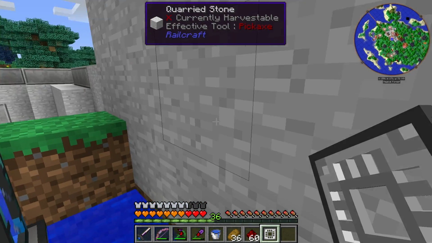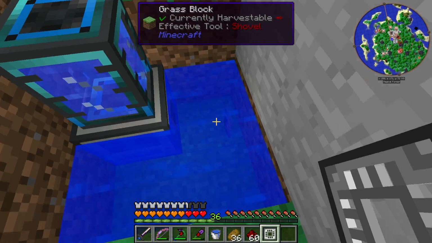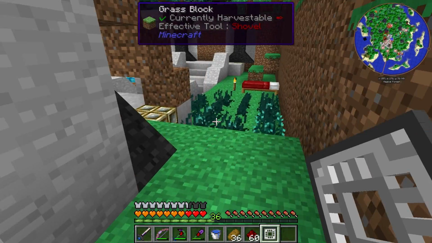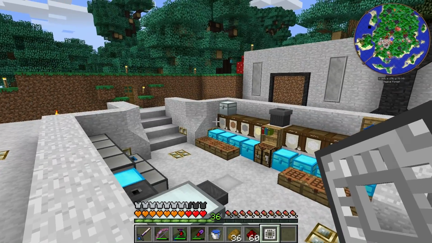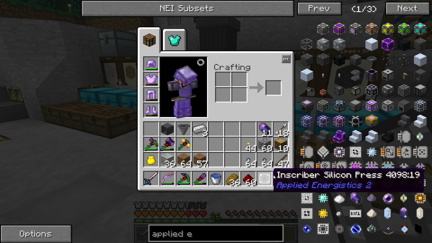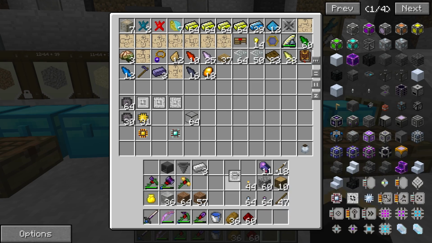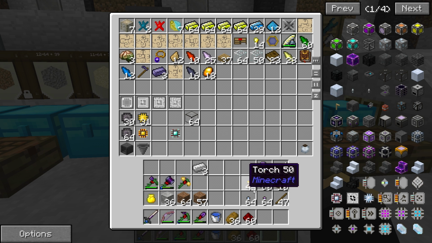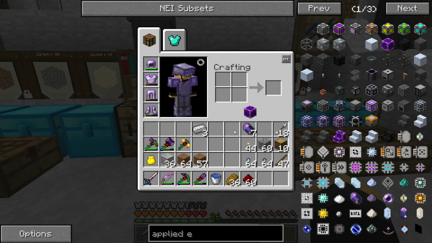Oh, you look cool. I didn't realize that that was an empty space instead of just a color thing, the inside of this inscriber press. I thought it was just gray, but it's actually empty. Neato. So I'll just put these guys away. And what I'm going to make...